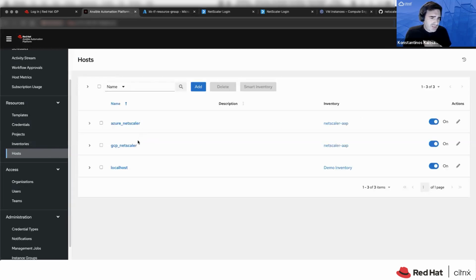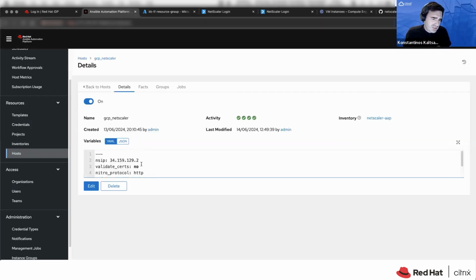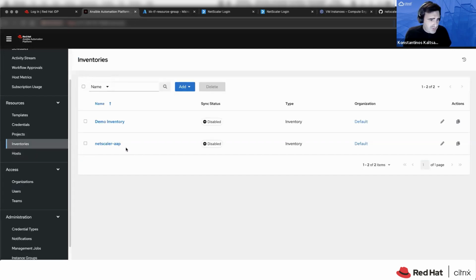In addition to that, you will see that it is similar also for the GCP NetScaler host. It is a different IP. The IPs are different also for the red and the green application, and the virtual IP that I'm going to use is again different.